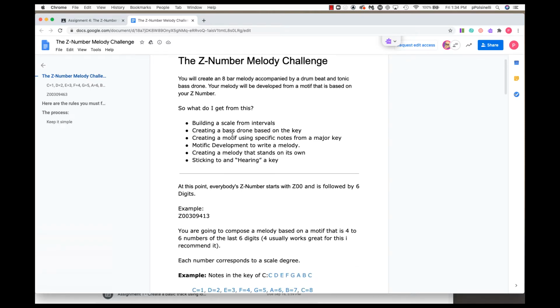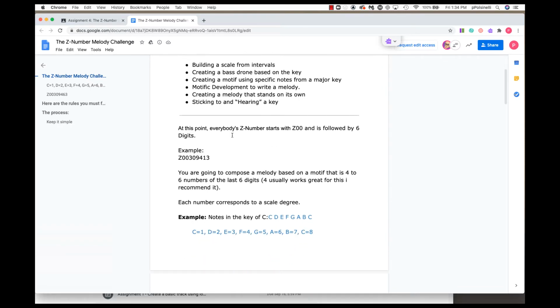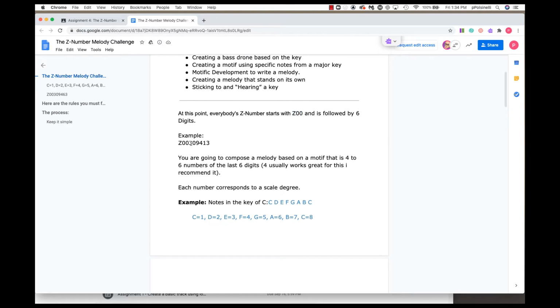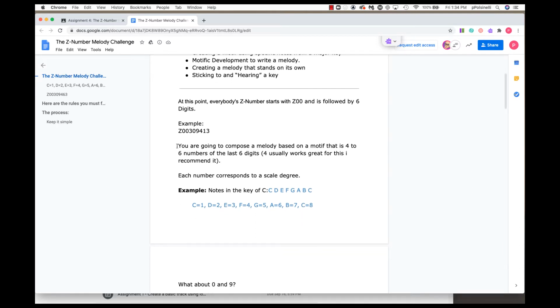Okay, so what we're going to do here is everybody has a Z number, and most people's Z numbers start with at least Z00. And usually this is followed by 6 digits. For example, you have this one. Okay, so it's Z00309413. Great. You're going to compose a melody based on a motif that is 4 to 6 numbers of the